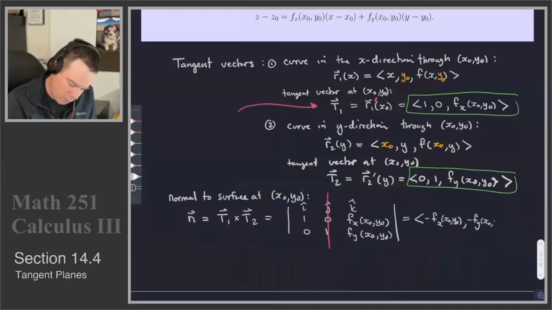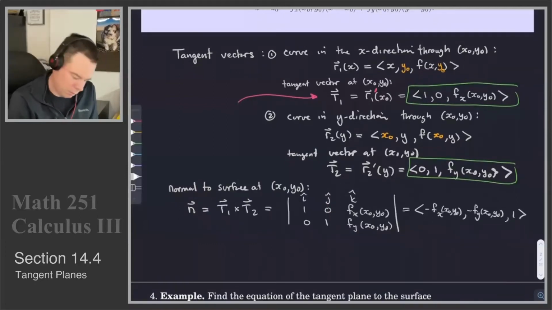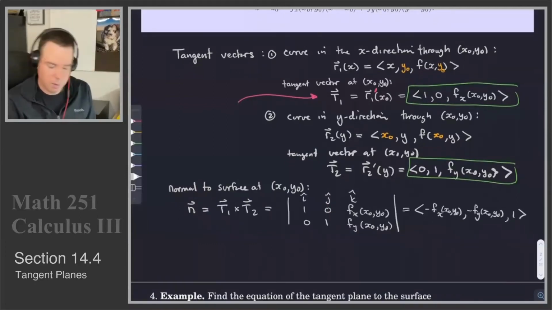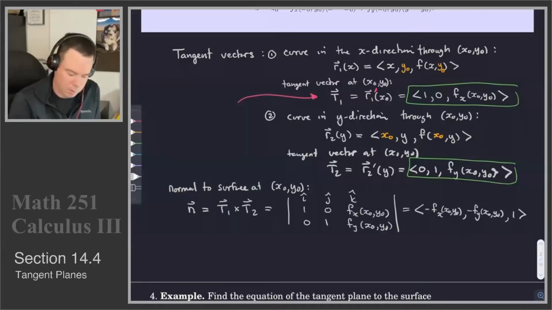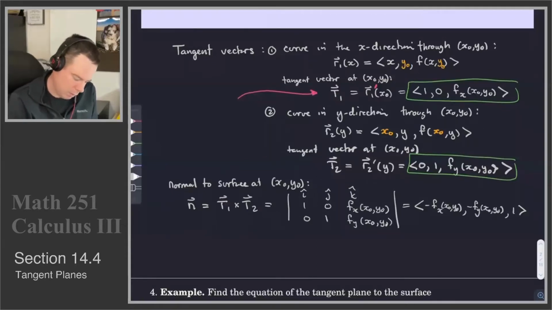X naught, y naught. And then lastly, the third component is just going to be a 1. So that's our normal vector. We can use this normal vector, or we can use the negative of it. Either one works, but we'll use this one because what this tells us is that now the tangent plane is given by the